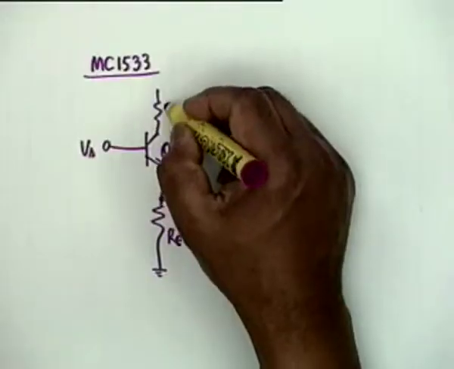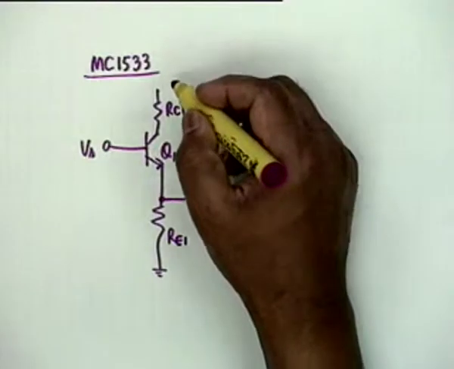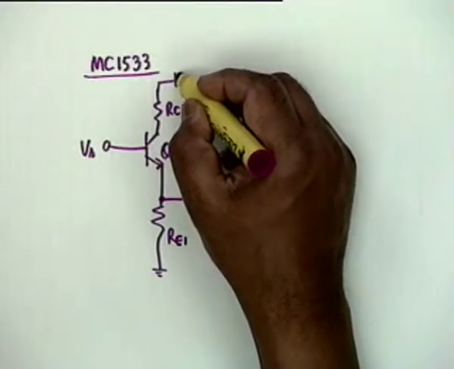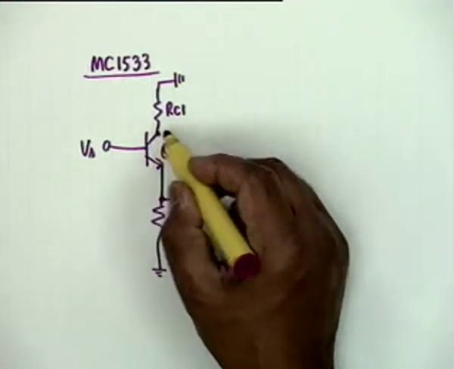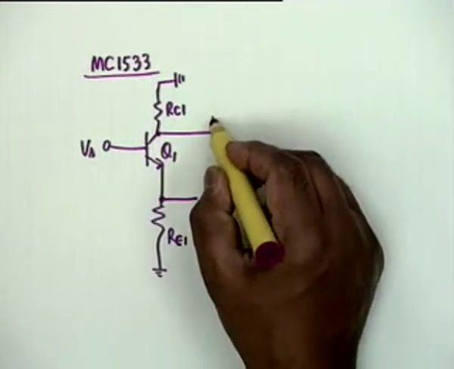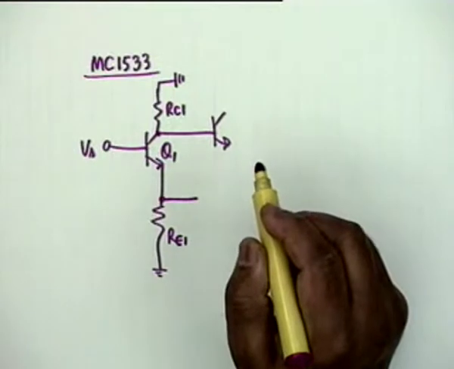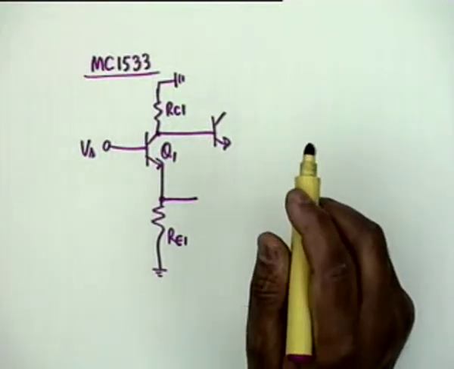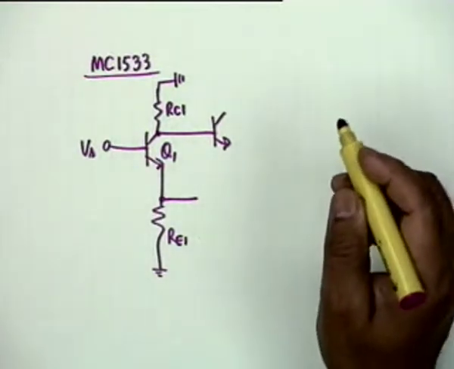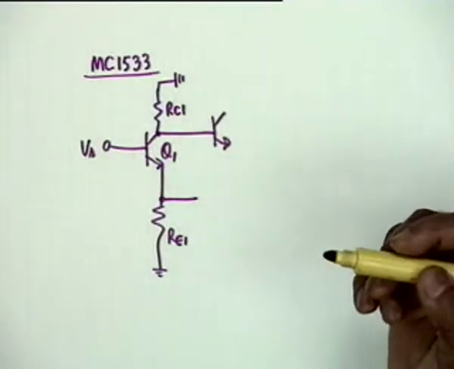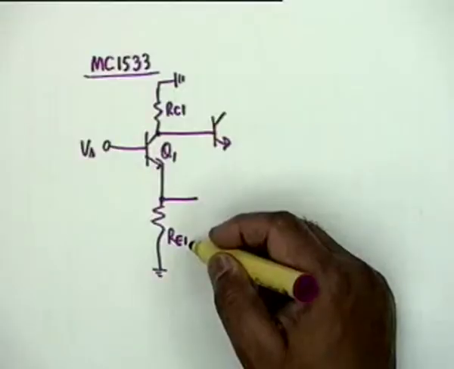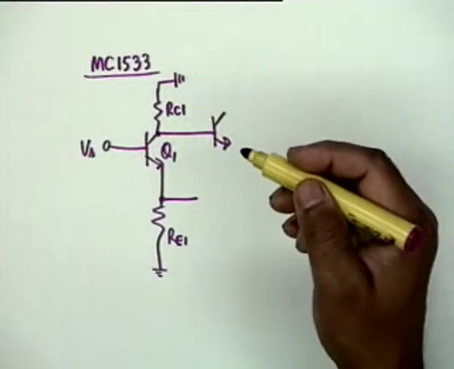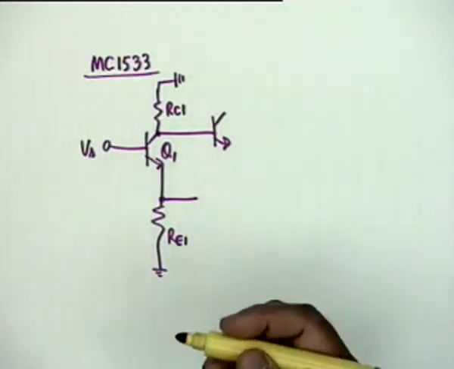Then this has an RC1, and let us say it is grounded. That is, it goes to the power supply. I am drawing only the AC equivalent circuit. The output goes to, this is all a part of an IC chip, so there is no capacitor anywhere. There is no capacitor, and these resistances also have to be very moderate values, not exceeding 10K. In the actual circuit, RE1 is 100 ohms and RC1 is 9K. Let me indicate these values later.